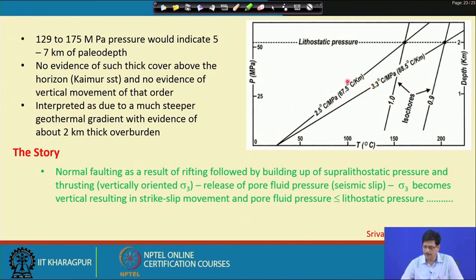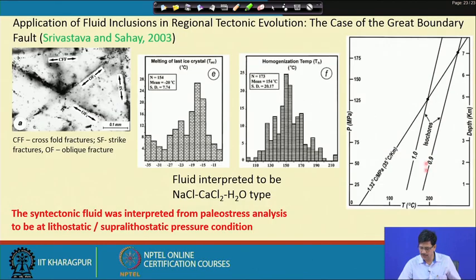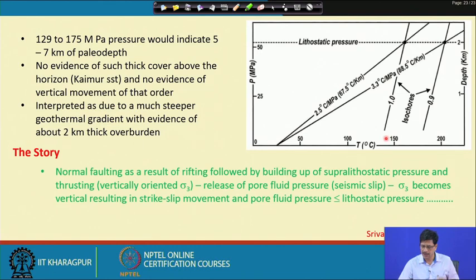It can only be possible if the geothermal gradient, instead of being 35 degrees centigrade per kilometer as shown here, is as high as 67 to 88 degrees per kilometer. Only then, under the existing condition of the isochores that were constructed, will it intersect the isochores at a condition that agrees to about 2 kilometer of failure depth. That would correspond to a pressure of about 50 megapascal, which would correspond to about 2 kilometer of failure depth in terms of lithostatic pressure.